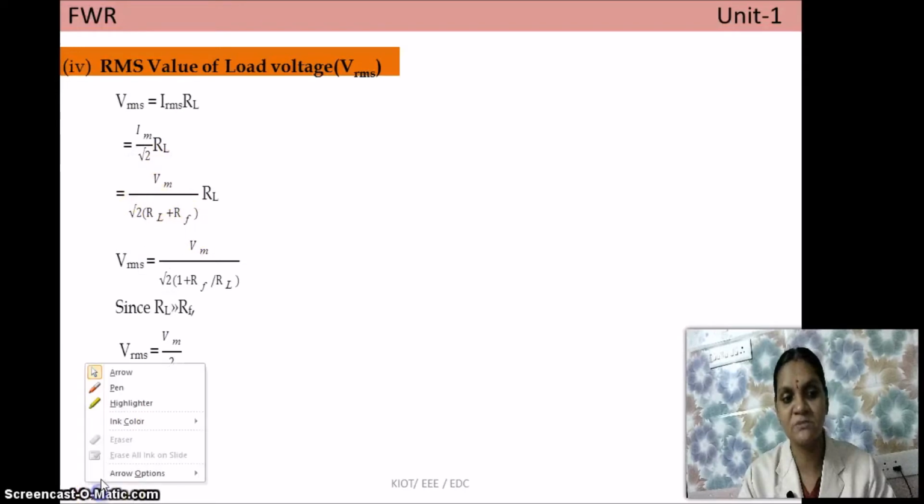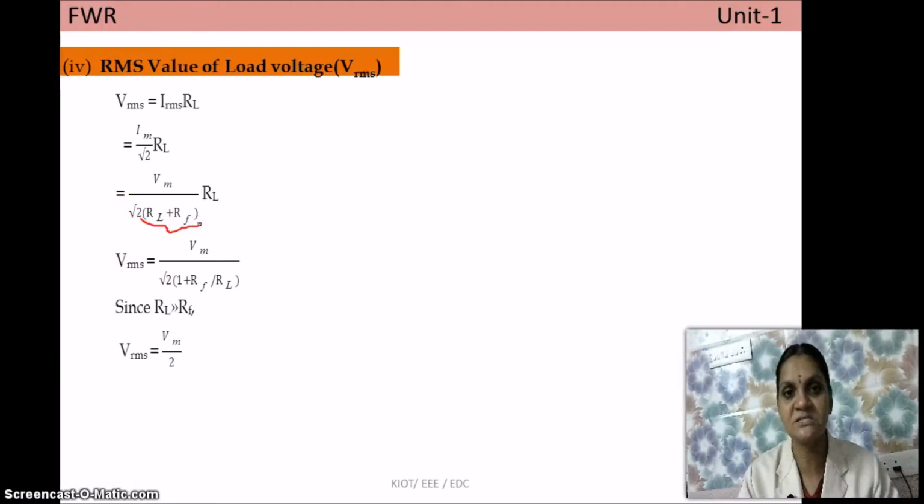This is because the DC current flowing in the circuit depends on the total resistance in the circuit, that is RL and Rf. This we have already discussed in half wave rectifier. Again you simplify this expression and you will get VRMS equal to Vm divided by root 2. So compared to half wave rectifier, this also got improved, whereas in half wave rectifier it is only